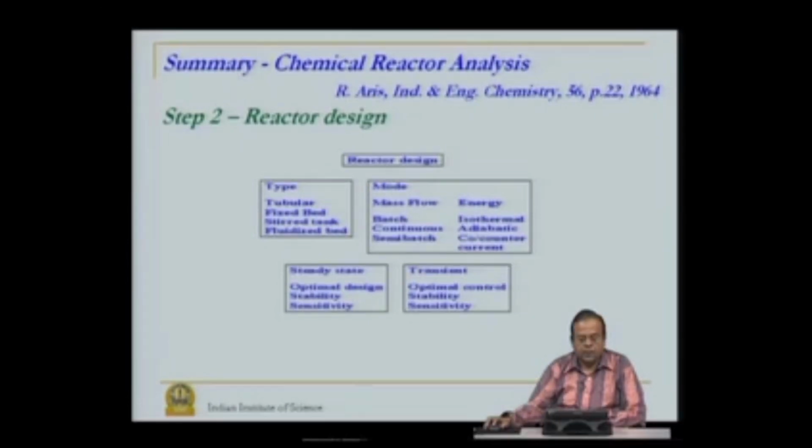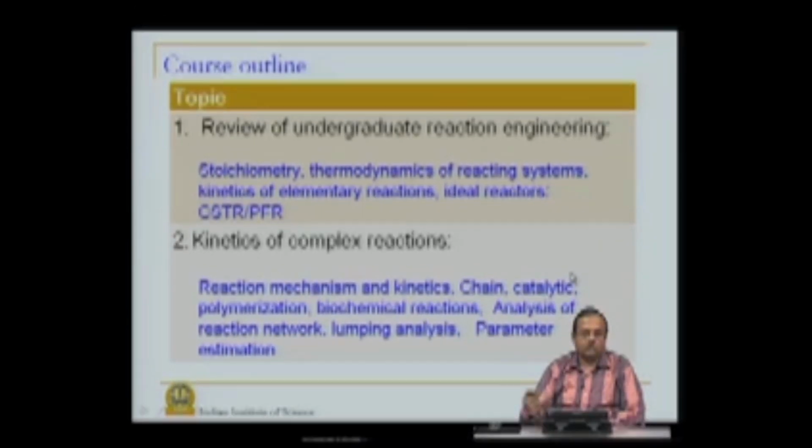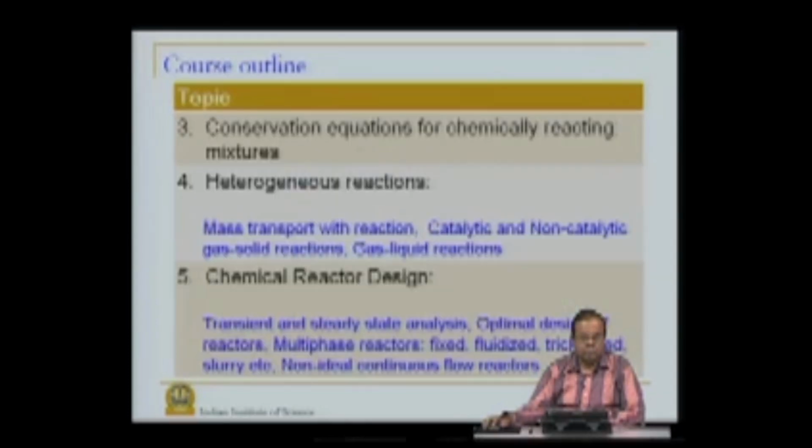So, in summary, this course is going to be carried over the next 40 lectures, actually 39 if you discount today's class, and these are the topics that we are going to deal with, starting with a review of some undergraduate material. It is always good to look back before we go forward. Some of the things you would have already seen, maybe in a slightly different form. Coming then to the kinetics of complex reactions, I mentioned that there are all kinds of different kinetics that come in. So, we will spend a little bit of time on that.